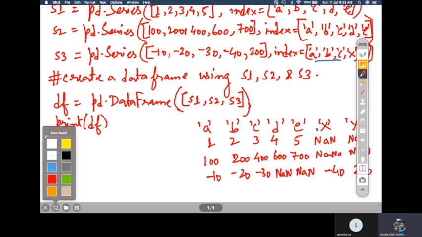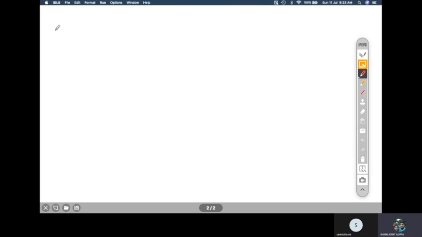Let us move on to the next creation, that is creating a data frame from a dictionary of series. Now these were simple series we passed to the data frame, right? Multiple series. Now what if I want to supply a dictionary of series?